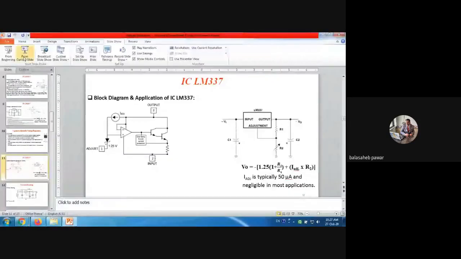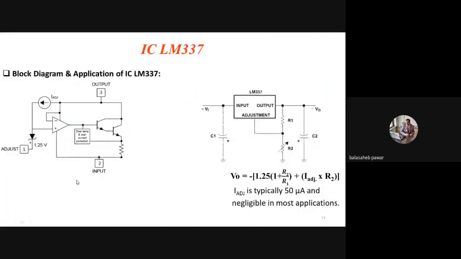Same as that of LM317, you will observe almost the same block diagram for LM337. The only difference is that in LM317 the Zener diode as a reference voltage generator was connected in reverse direction, and in this case it is opposite. So that change you have to remember. If the question is asked to draw and explain the block diagram of LM337 or LM317, you have to take care of this reference voltage generator, and that is nothing but the Zener diode.